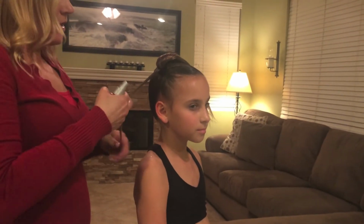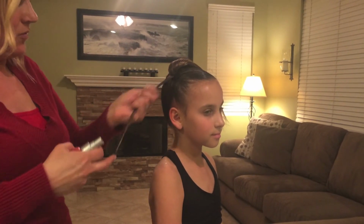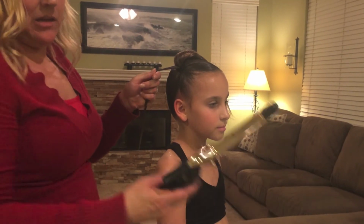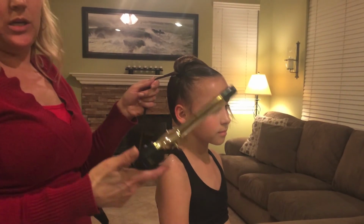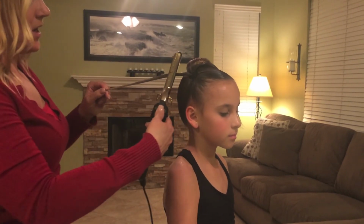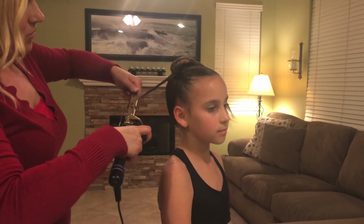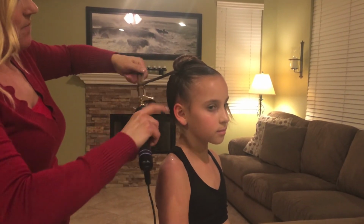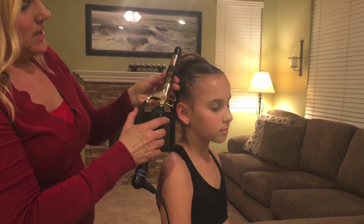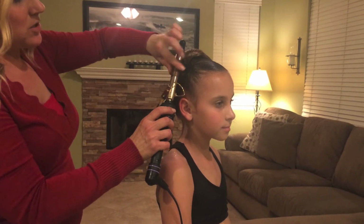You're gonna use your hot tools, and you're going to spray all the way down and run that hairspray all through it. You will hear it sizzle, but that's actually okay because it's just the product and it's protecting the hair. It's a thermal hairspray. So I start at the bottom and make sure I get that little tail in there so you don't get a little dented edge. And then you get the curl in there, and as it starts to dry,